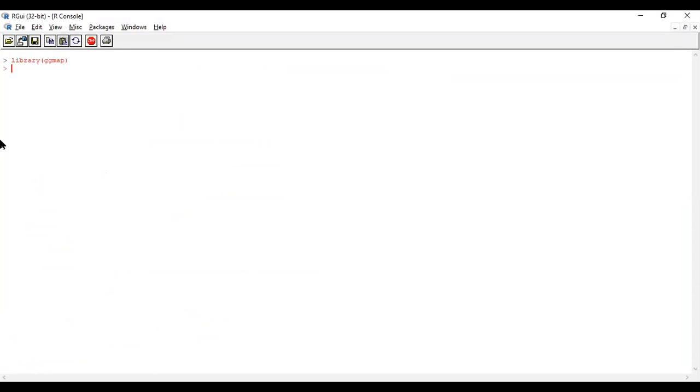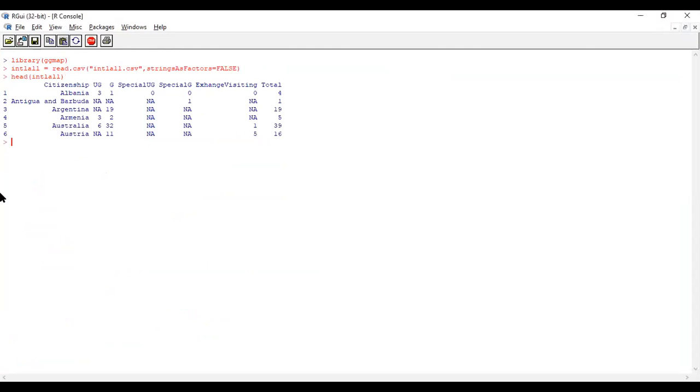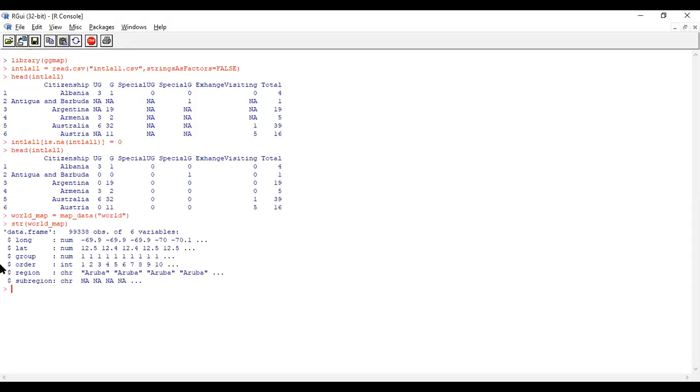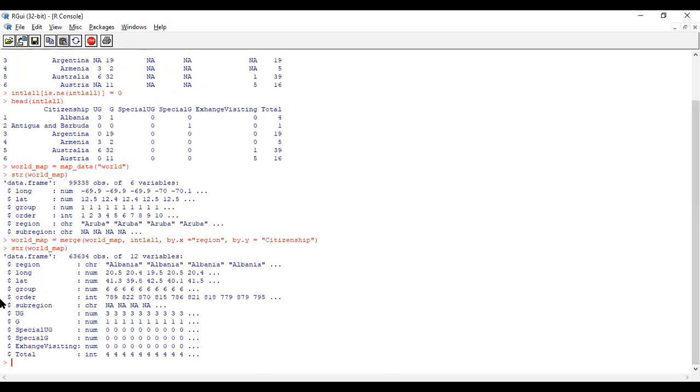We will install the map package, then we change the name of the file. The data is imported, then we have checked the header.